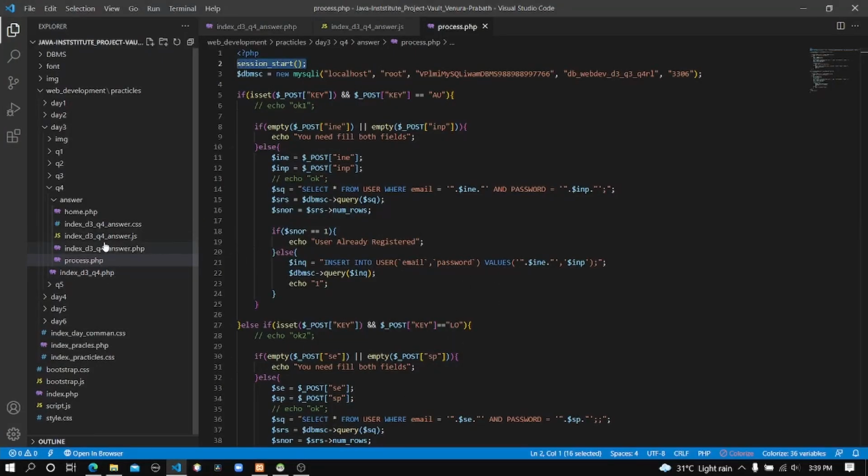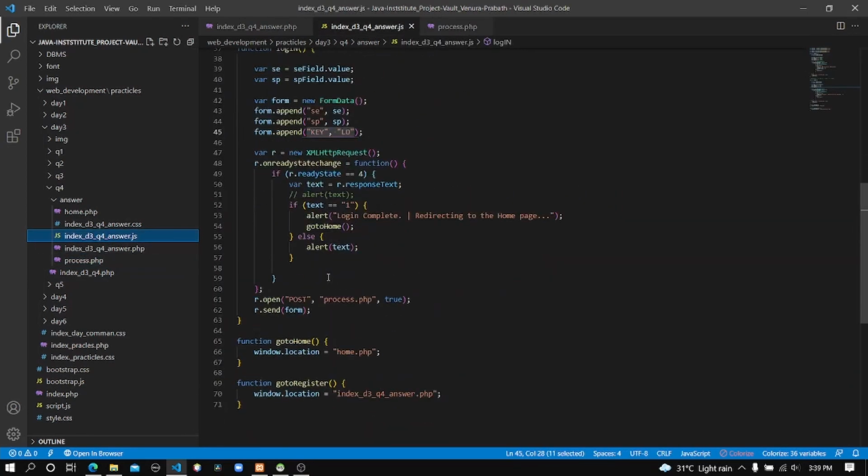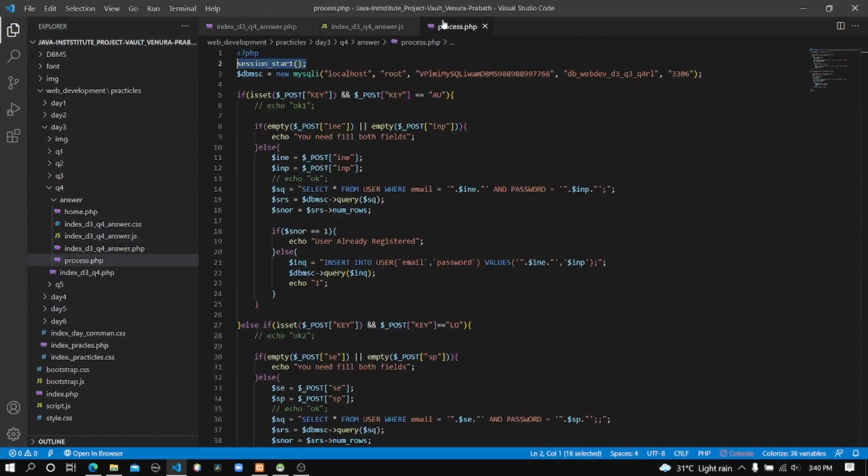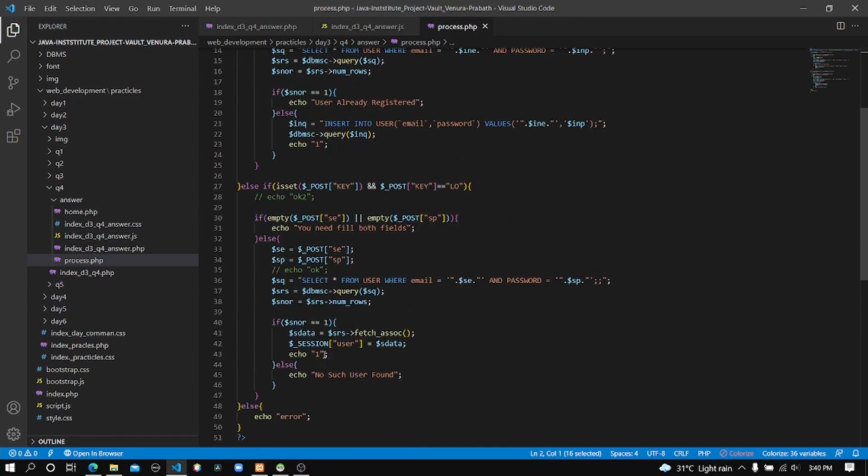Now let's go back to our JavaScript file. Here you can see, I'm going to explain these parts starting from line 48 to 60. Here it will check the state. I told you about the state, and I'm not going to talk more in this video about the state of the Ajax object. The state 4 means the output data from the process.php file is ready. In this case, if the process is successful, it will output this number 1 value. If there's an error, it will output this error code.